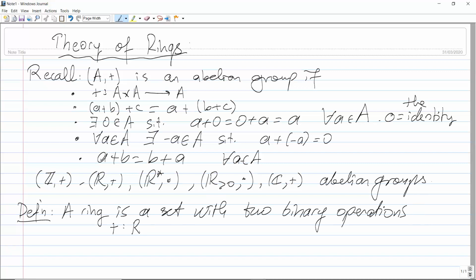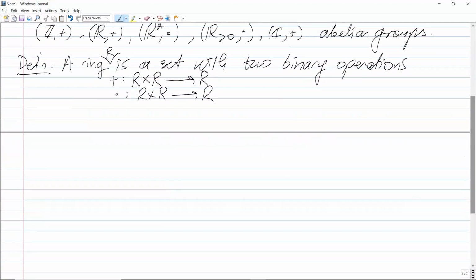It should be a function from R cross R to R. And also multiplication, which we will denote by dot, will also be a binary operation from R cross R to R. So a ring is a set with two binary operations like this,